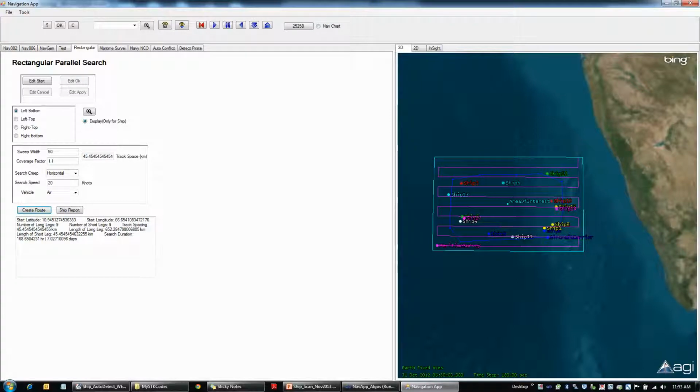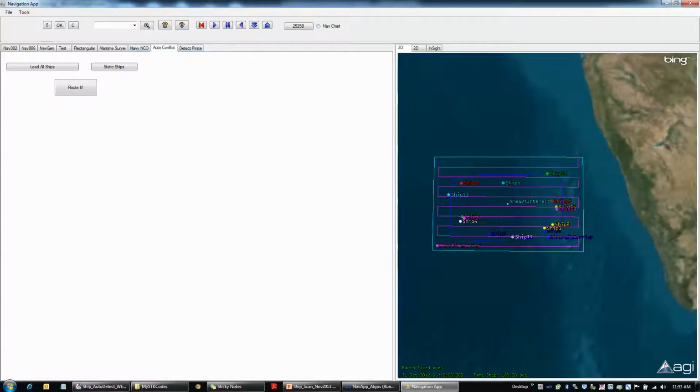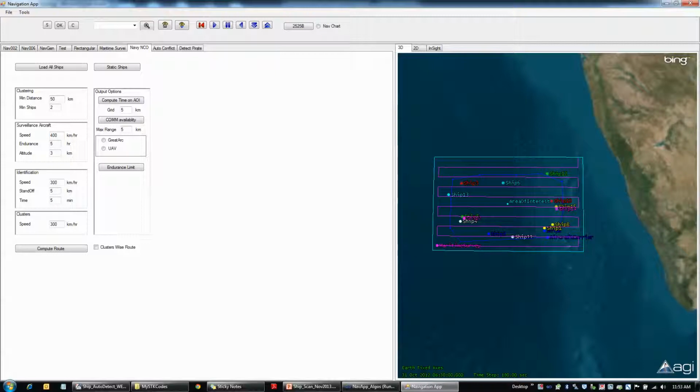creates a ship route. Now I have to come back to this button. There are several criteria that you have to consider while this route is getting created. First is the clustering. That means when there is a cluster of ships, you can see this, there is a group of ships here, there is a group of ships here. When there is a cluster of ships, its speed has to change. So the first thing we need is to define the properties of the cluster. You can define the minimum distance between the ships and the number of ships to identify a cluster. So that is this setting here.